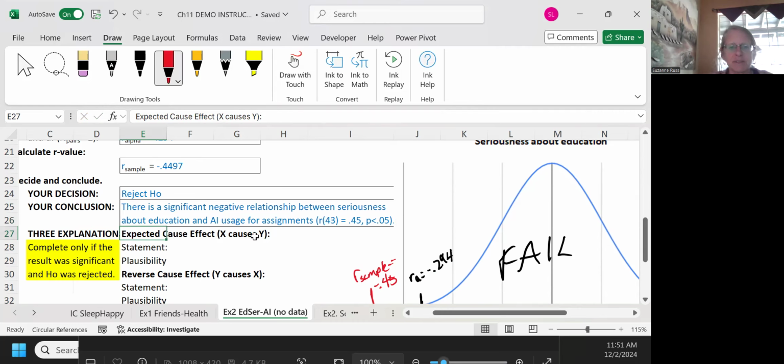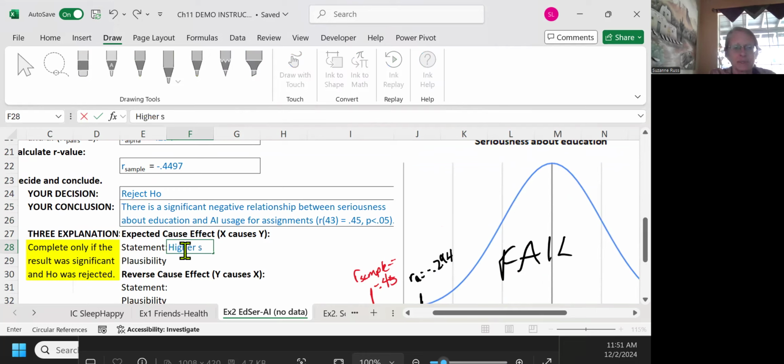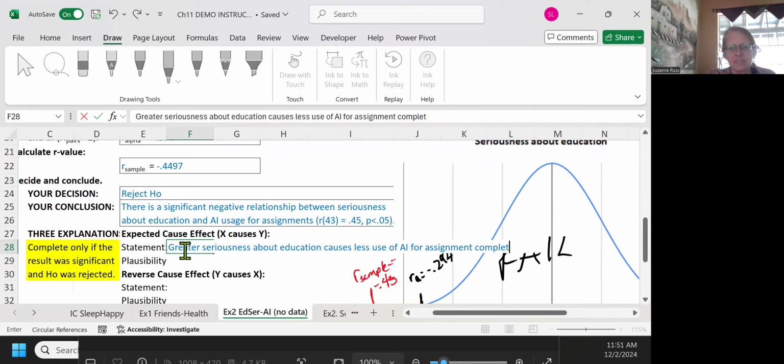And so here's the first one. It's given for us. Expected cause effect: X causes Y. But our statement has to make sense. So let's label what is X. Go up here, X, student seriousness about education. So I'm going to write greater seriousness about education causes less use of AI for assignment completion. And I think this researcher is talking about like cheating, just entering your prompt in AI and letting AI